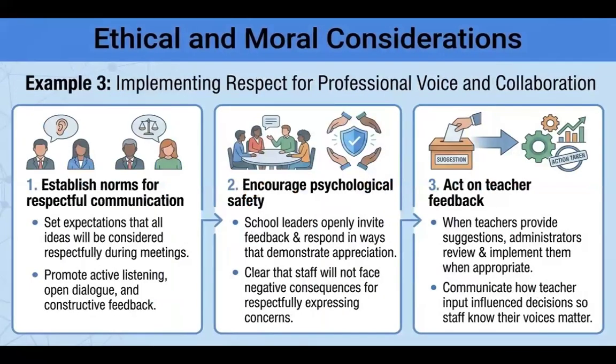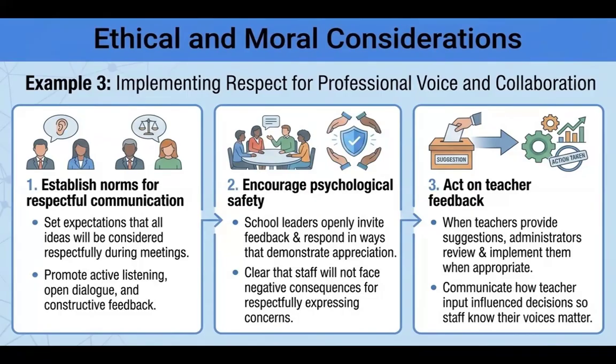And the last example is implementing respect for professional voice and collaboration. Personally, this does not reflect our group, but I think this is the most important one. None of this work can happen if there isn't trust. And so, first you have to establish norms for respectful communication. Everyone needs to be on the same page. There has to be buy-in, because if anyone feels disrespected, they're going to feel like, wait, I'm no longer bought